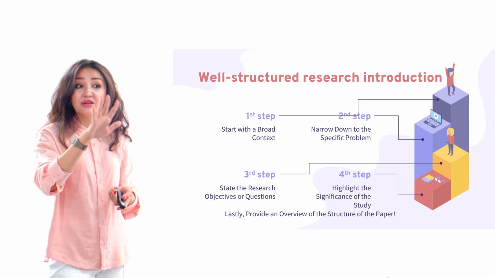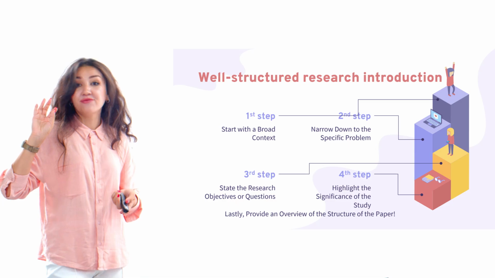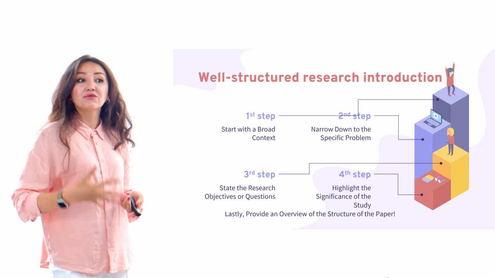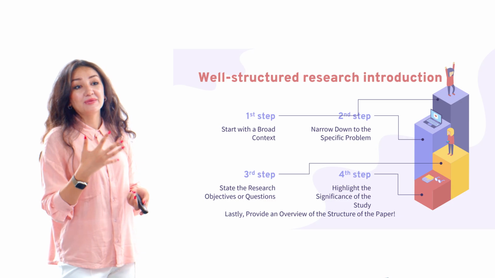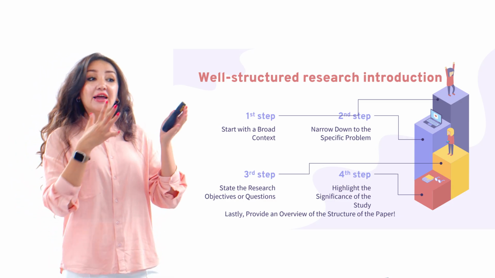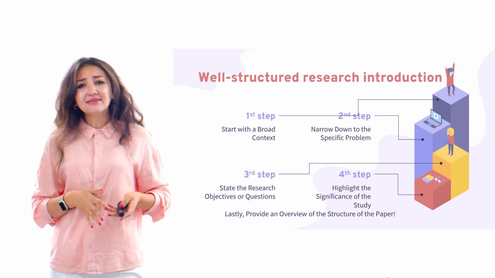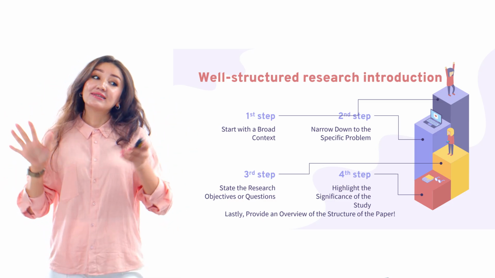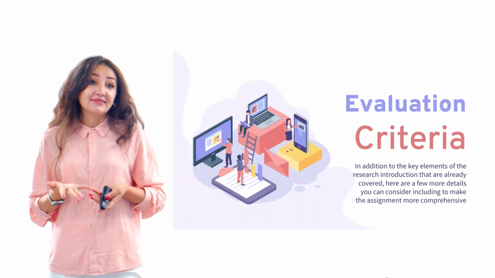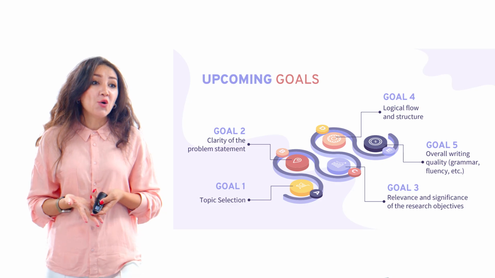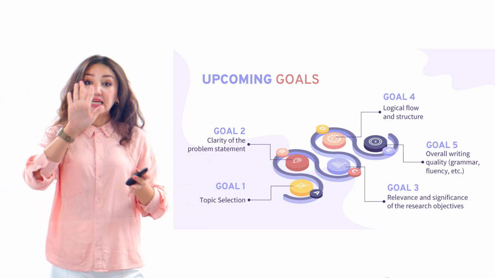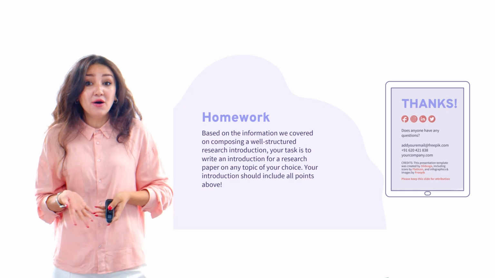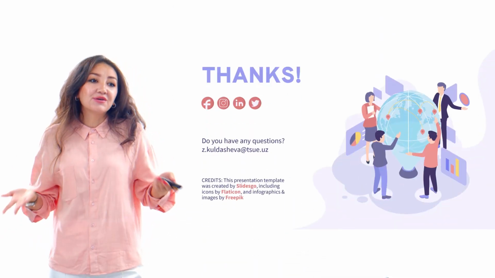A well-structured research introduction will have 4 or 5 paragraph steps. It starts with a broad context, first step; second step, narrowing down to the specific problem; third step, stating the research objective or question; and fourth step, highlighting the significance. And if you have a hypothesis, you will include it. Lastly, it will finish with an overview of the structure of the research. That is how we will evaluate, and at home you can write these 5 goals in your research, and I'm going to check them based on this homework when you write an introduction, and we'll meet during